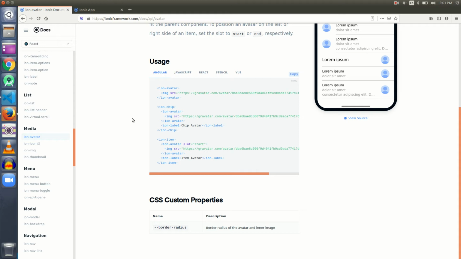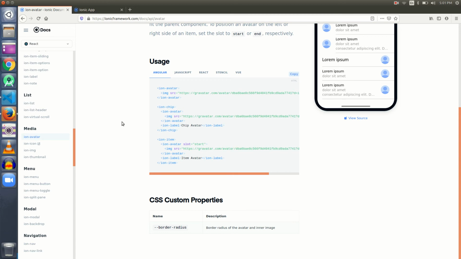Ion thumbnail represents the information in a small compact size, and it is generally used to ask the user to tap on it and be navigated to some other page, a description page, or to a list. Ion avatar on the other hand displays the profile information of some person or some branded logo, and Ion icon is an altogether different thing.